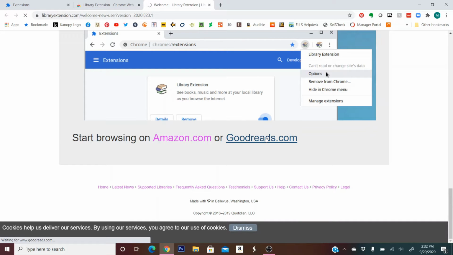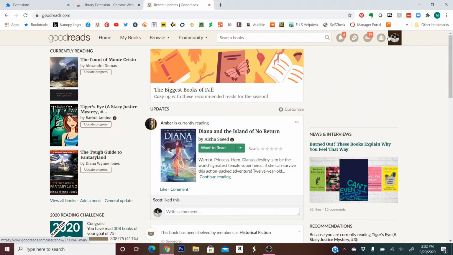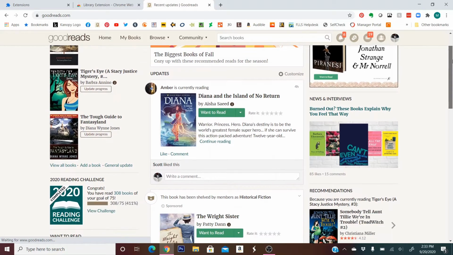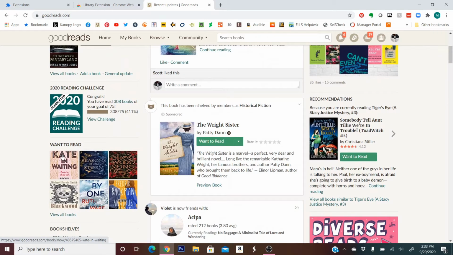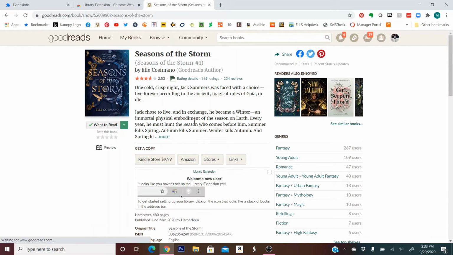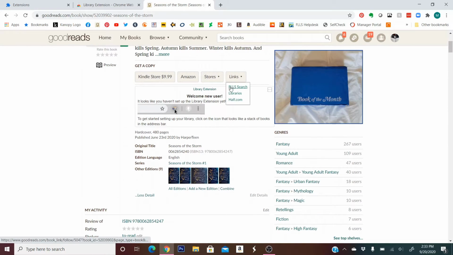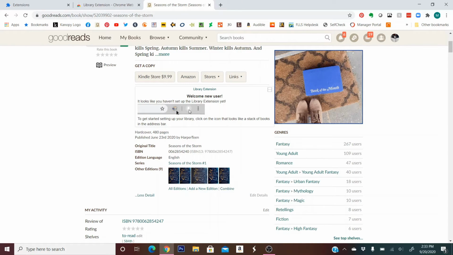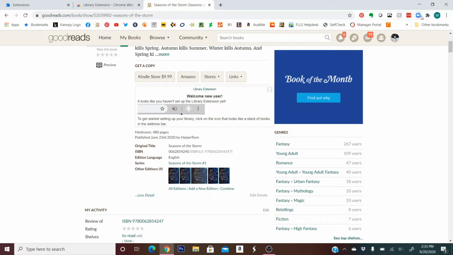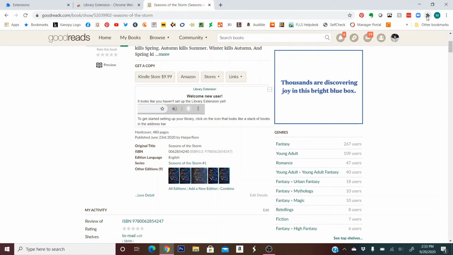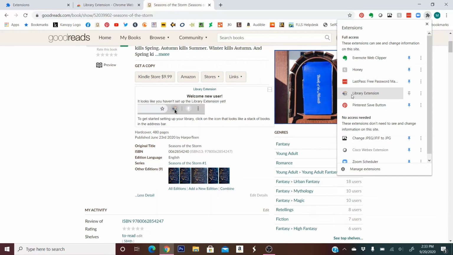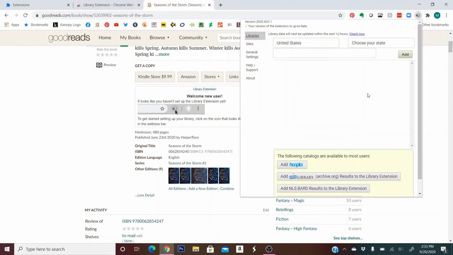So I will click into Goodreads and just show you what it looks like. Here is my Goodreads page. If I wanted to find out more about one of these books, I'll just click into it so I can show how it displays. So if I scroll down past the description, here's where the extension will want to work, but I have to update the extension first. So I need to go into Library Extension,